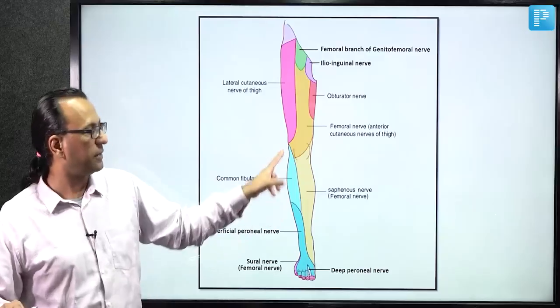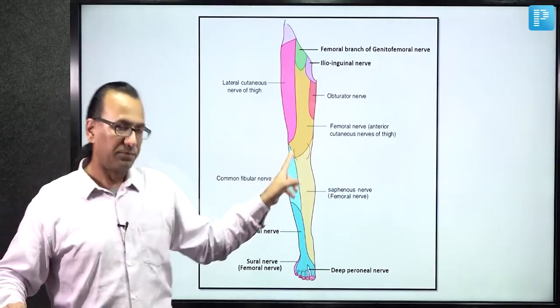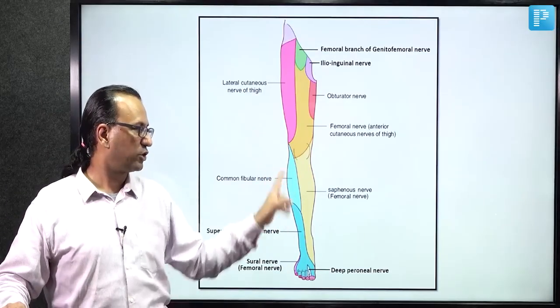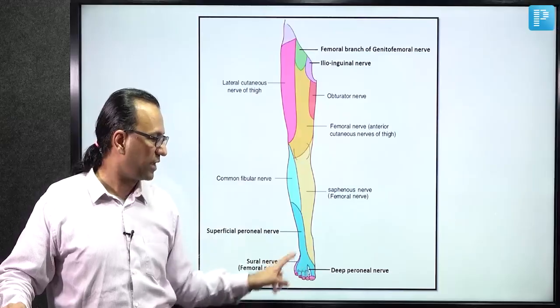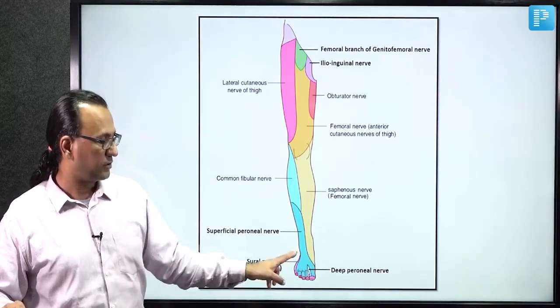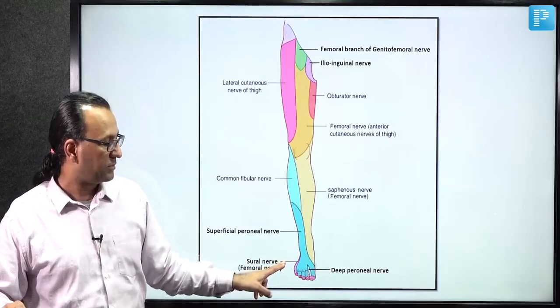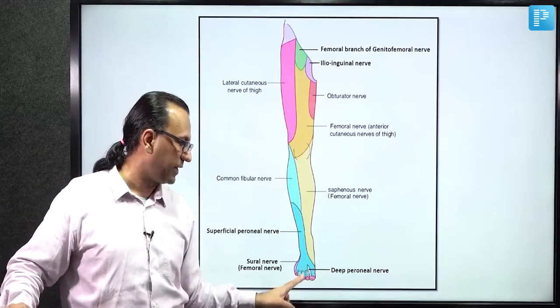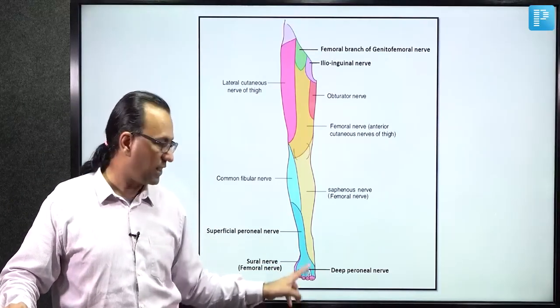When it comes to the lateral aspect, we have discussed already. Lateral to the knee joint is the common peroneal nerve, otherwise superficial peroneal nerve, and it is supplying most of the dorsum of the foot, except the little toe area, because that is sural nerve, branch of the tibial nerve. When it comes to the dorsum of the first web space, it is the deep peroneal nerve with L5 modified